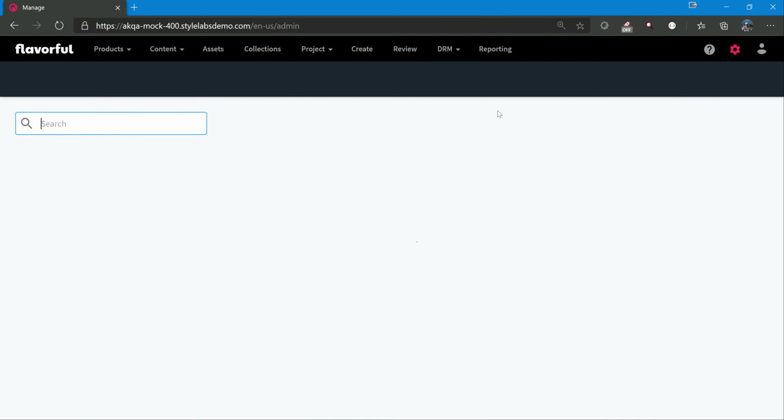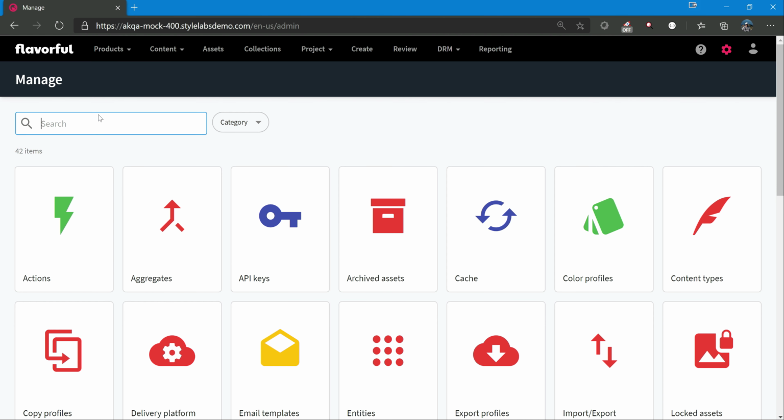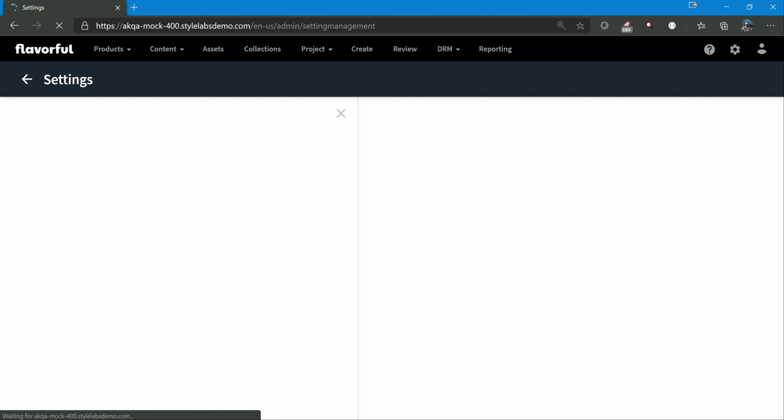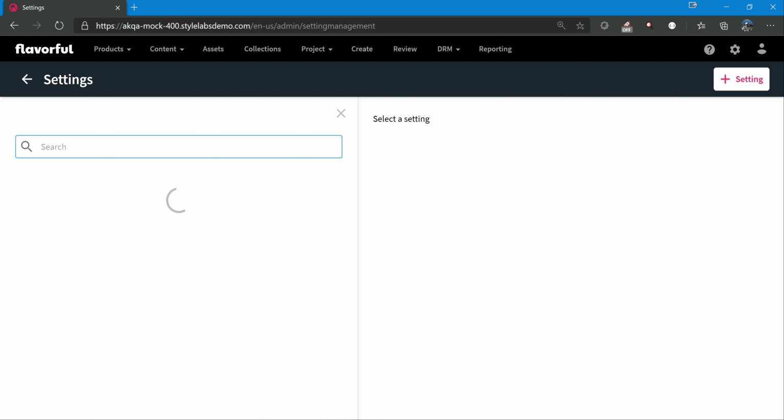The duration is configurable. Let's see where it is. Again, we need to go to manage section, and let's go to settings. We can check the archive. Let it load.